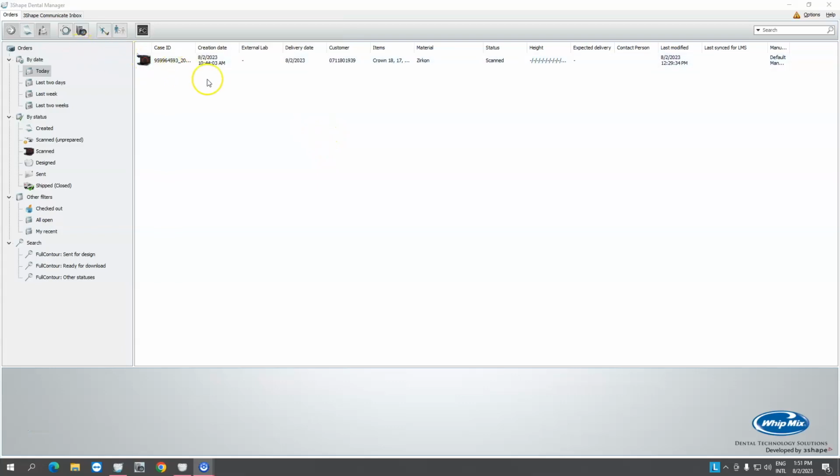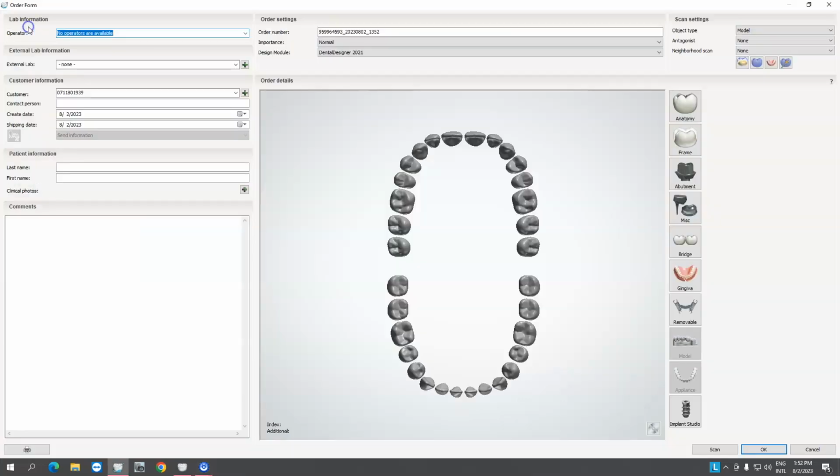Hello everyone. Today we'll be talking about how to create a removable die scan, and we are currently using the 3Shape Dental Manager. In order to start our case, we have to start a new case with this order form. I'll just be putting in my last name, and we will be selecting the teeth we want to work